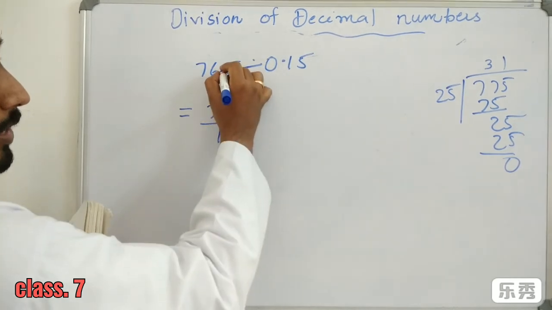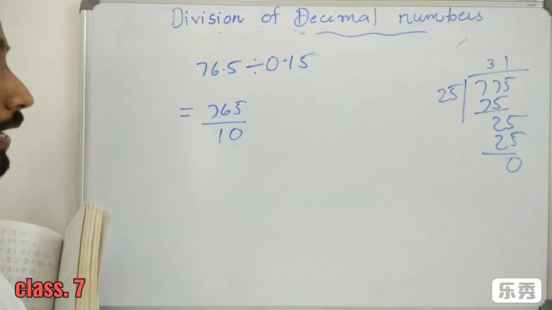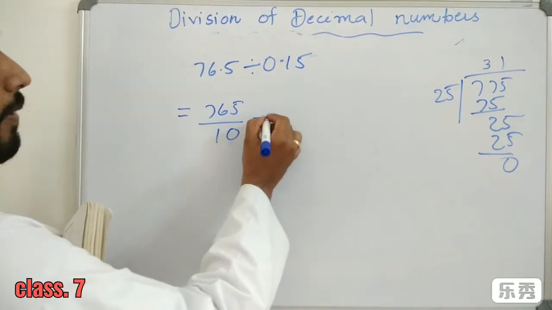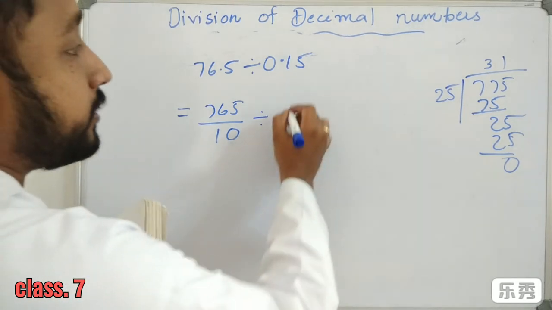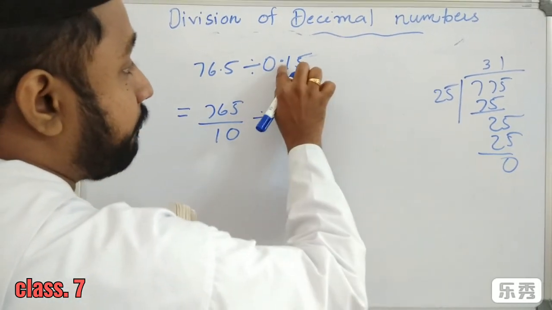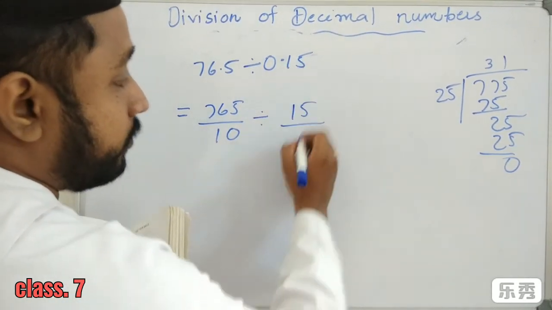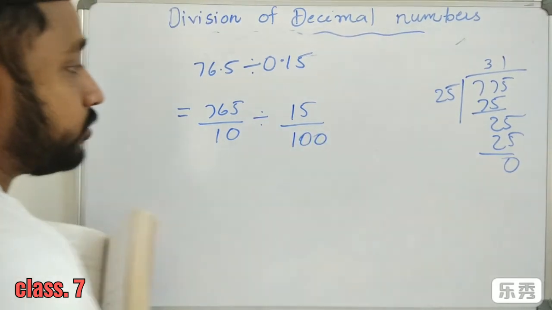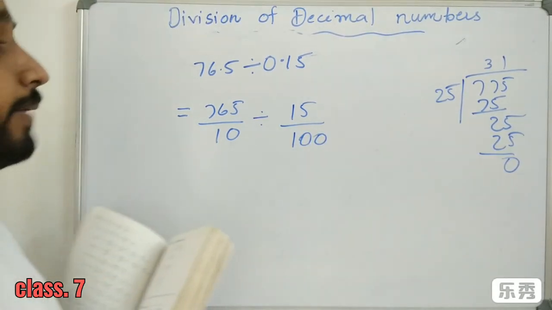By changing this decimal, we got division by 10, that is 765 by 10 divided by 0.15, which means 15 by, here after the decimal point 2 digits, so use two 0s, that is 100. So 765 by 10 divided by 15 by 100,